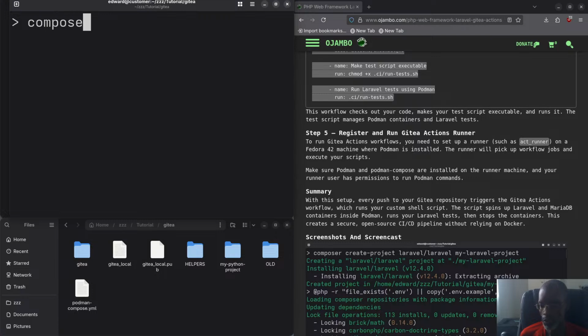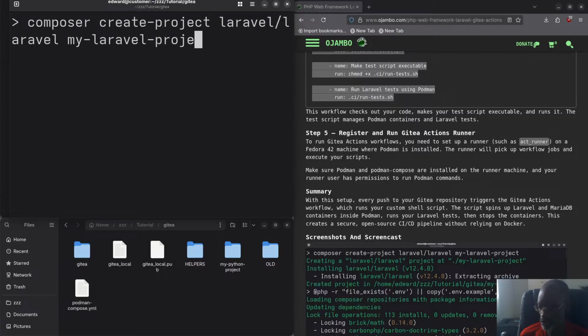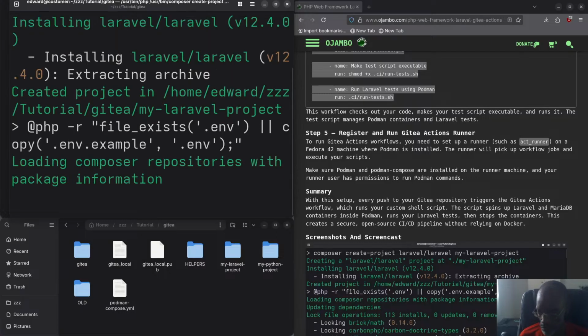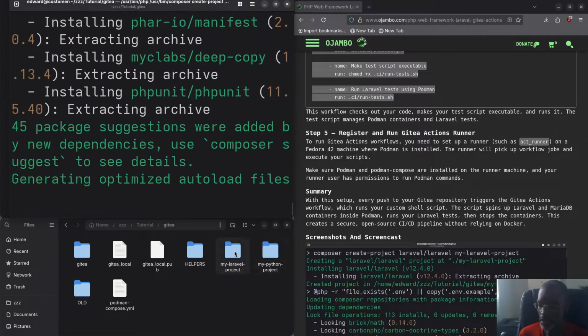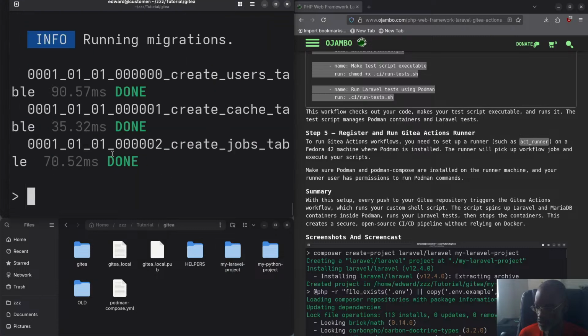So I'll say composer create-project laravel/laravel, and I'm going to call it my-laravel-project. I can call it anything else I want, but I'll just use the same name. And you see it has created my Laravel project. So I'm going to go inside here just to show you a few things when this finishes. So it's done. By default it's going to use the SQLite database, but I'm going to